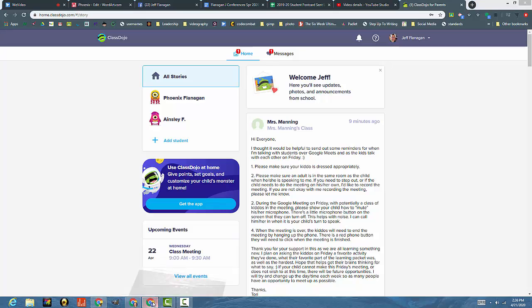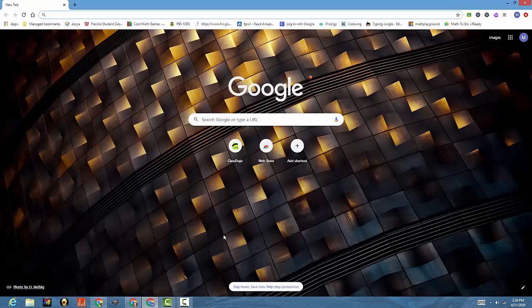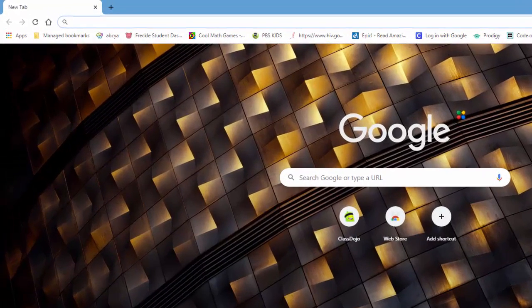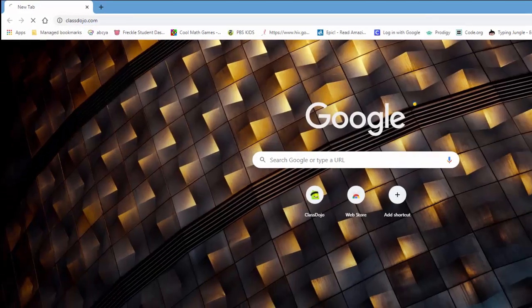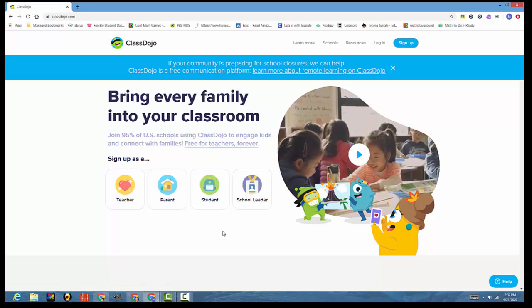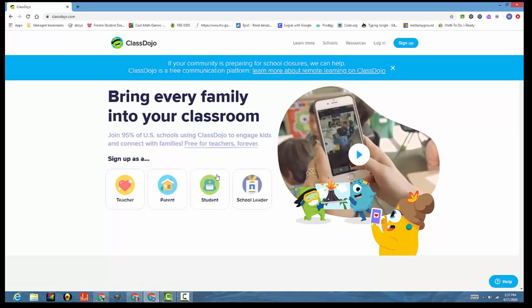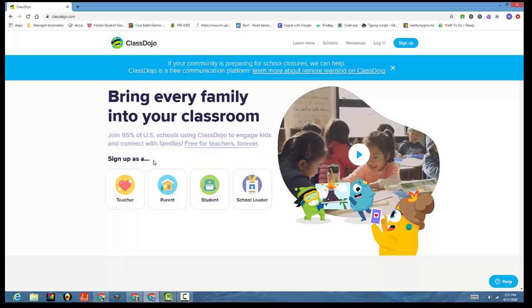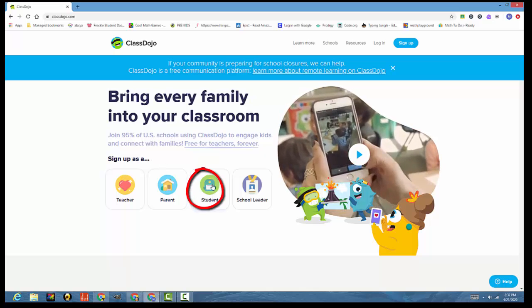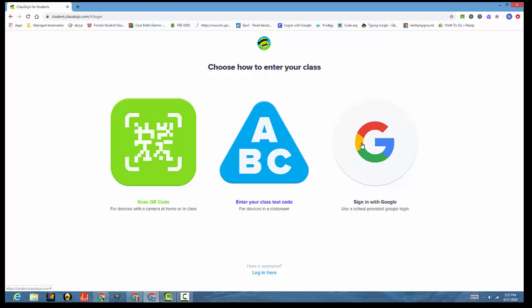Have your student sign in to their Google account and then have them type in Class Dojo, and then down here on the bottom it says sign up as a. You can click student and it will give you options. You can ask for the Google account